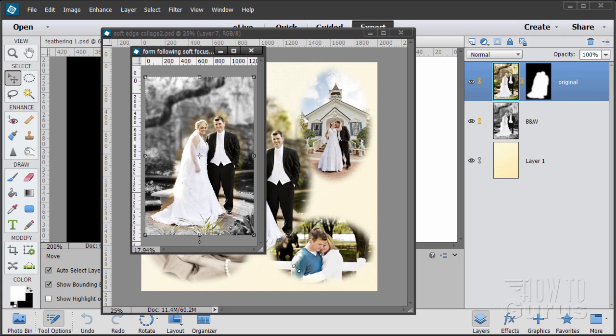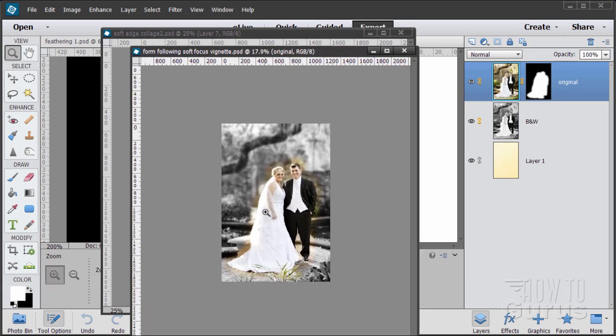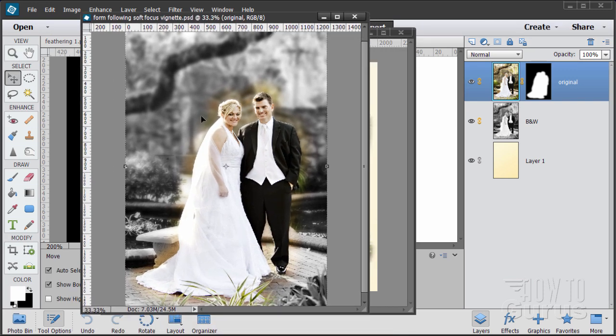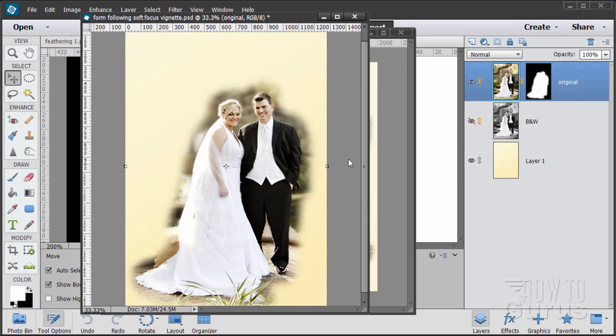There we go. I'll just zoom in on this, and the exact same thing here. This effect is caused by doing a feathered edge right along there, but my selection, if I hide that, is a long ways away from my figures. I'm not trying to feather against the figures because that would then feather into them, and I get transparency happening